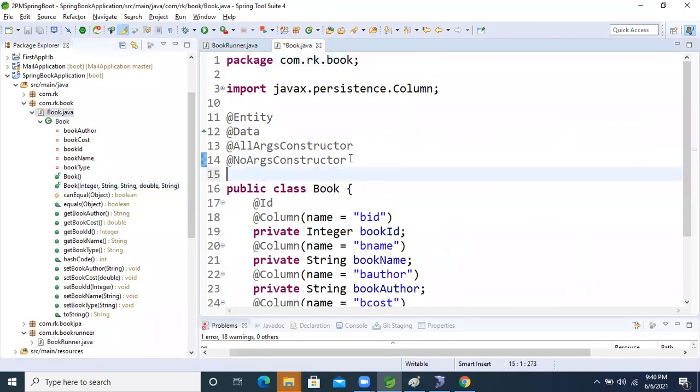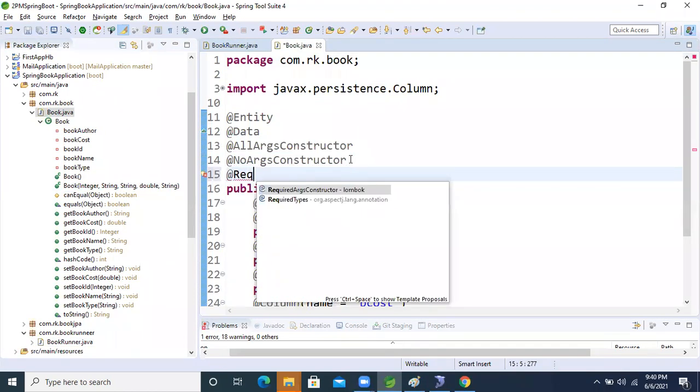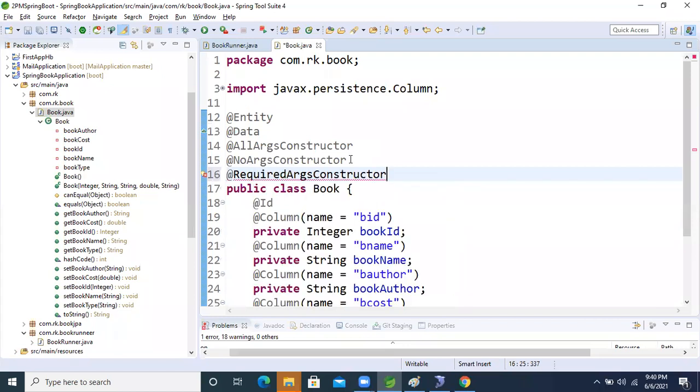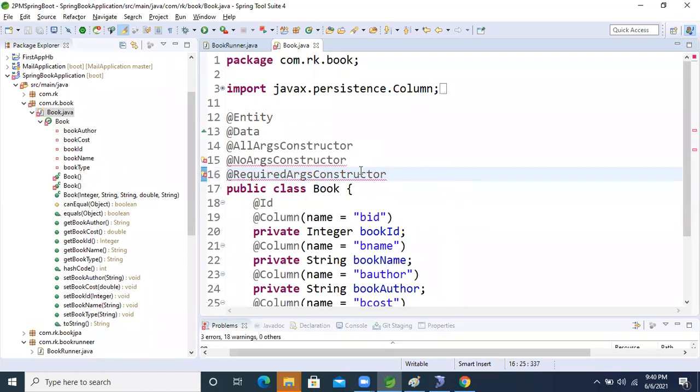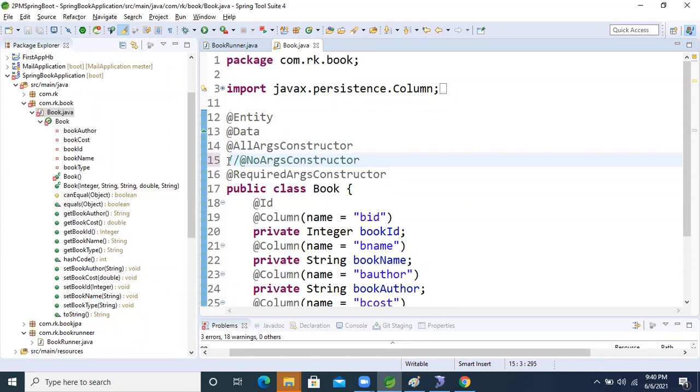Please update one project. Okay, let's take this one. But if we take the required, then here we need to pass what? Non-null, not null. I think the no-args constructor is not required here. Yeah, now find it, right? Yes, Ravi, that is not required. Required args constructor, yeah. No args is also not required.